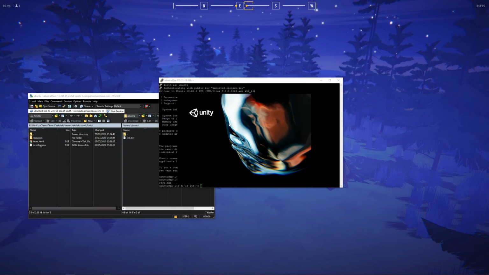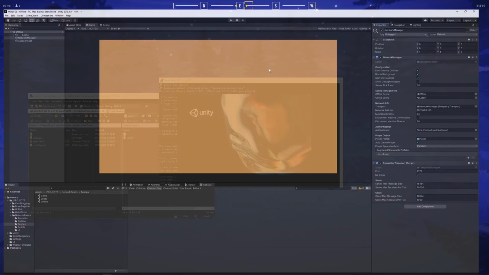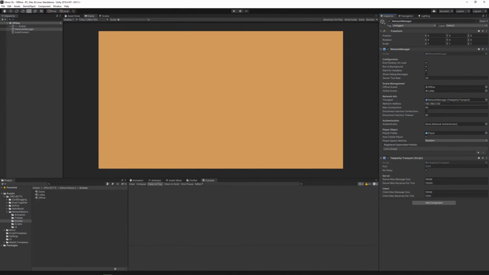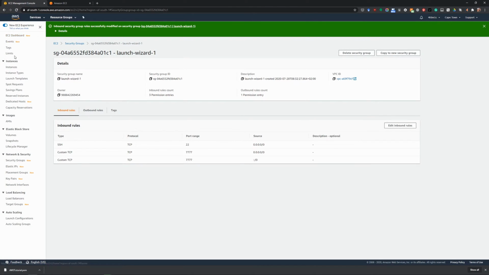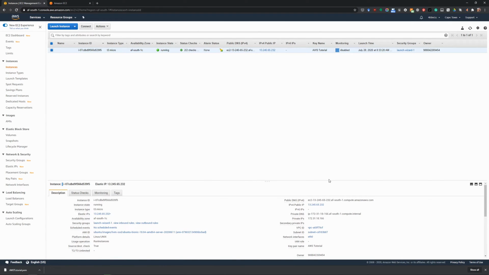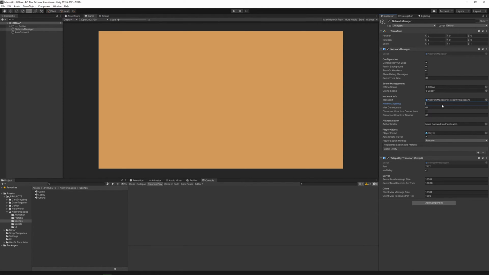So in our project over here, this network IP address, we're going to change that. This is now going to be the IP address of our server. So if we go back over here to instances, we can copy that IP address, pop that in there, and now we're ready to build. So press Control-Shift-B,